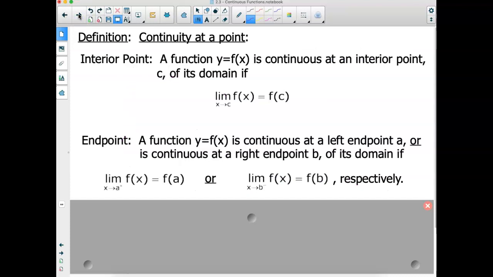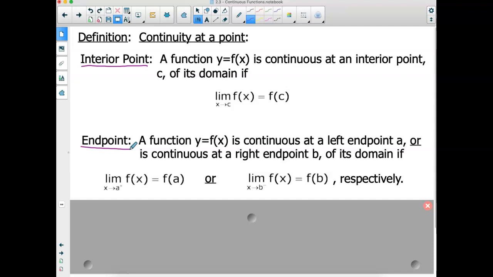Well, what is the definition of continuity, okay? Now, continuity at a point, that's what we're talking about. We're talking about that point C. Well, sometimes we'll have a specific interval, okay? Sometimes we'll be talking about negative infinity to infinity. Sometimes we might be talking between 0 and 4. And when I'm talking about a particular interval, we have interior points and we have end points, okay? And a function,